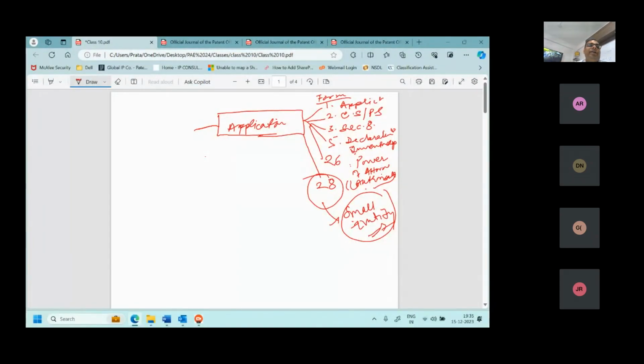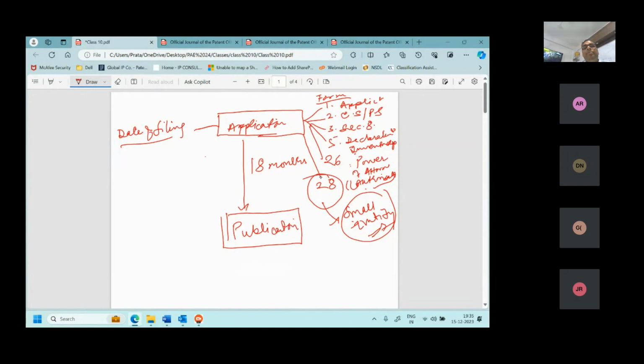Now, the date you file is the date of filing, right? From the date of filing, there are 18 months. If you don't request for publication, after expiry of 18 months the application will be published.